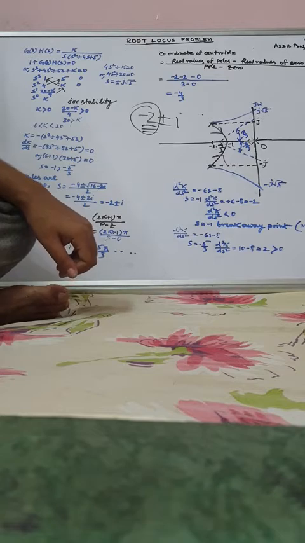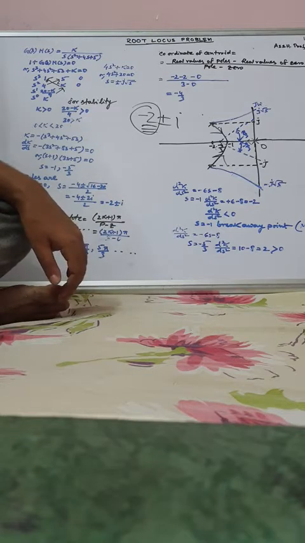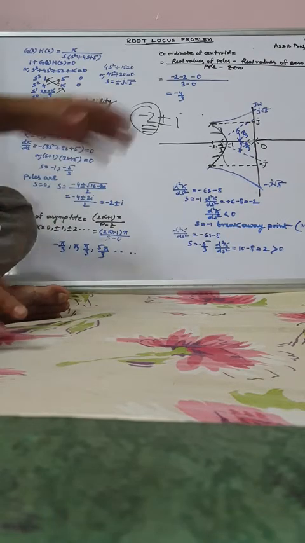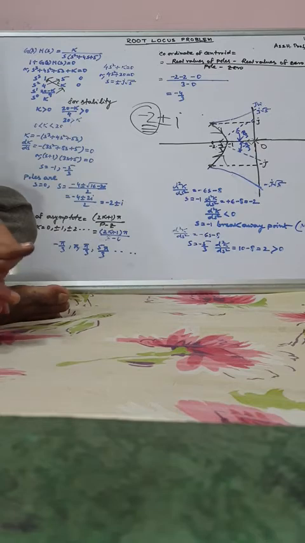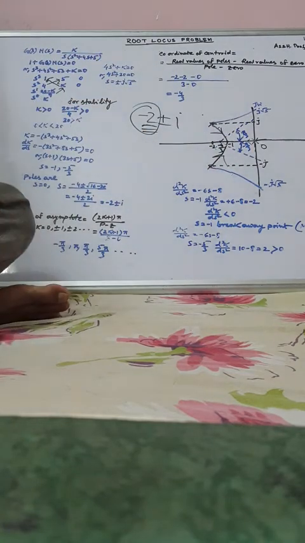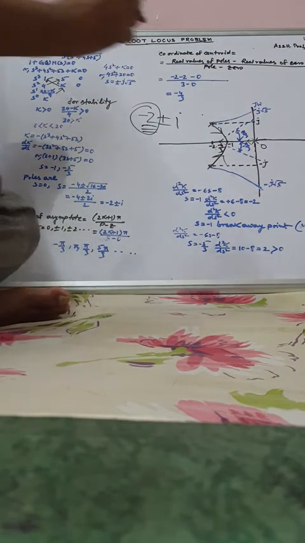So these are very easy and very small problems. Not a big deal. We are able to find out all the problems. This is the 5th problem of root locus, and this is the most critical one. So hope you will practice this type of problem also, and in all the cases you'll have to find out the cutting point at the jω axis. It is like this. So I hope there will be no problem as such.